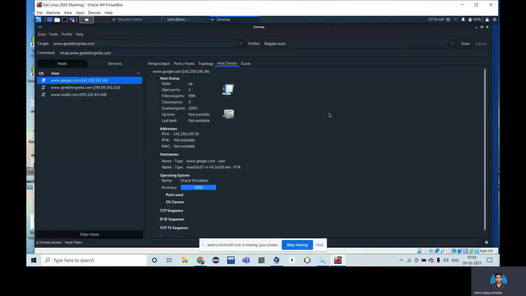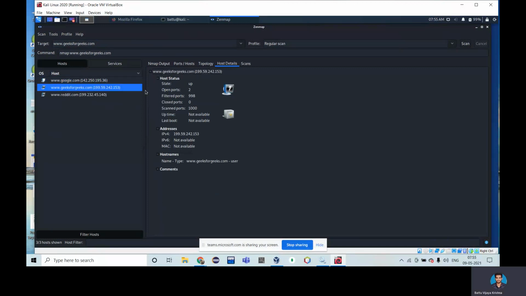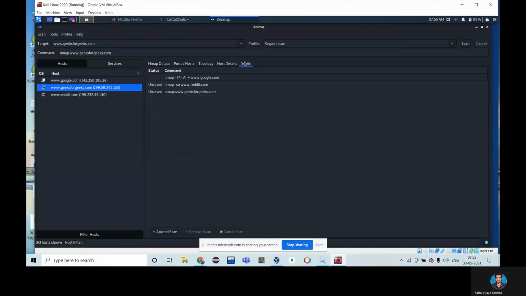These are the details for Geeks for Geeks. It is using a particular IP address, and the host name is this, and the scans. I saved google.com, and I didn't save these three scan results. We can perform it for any host.